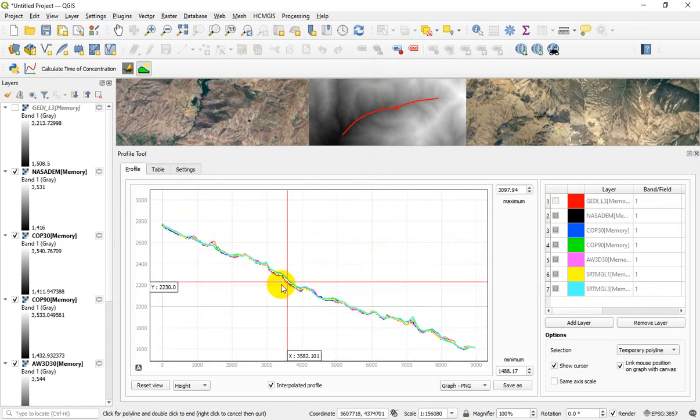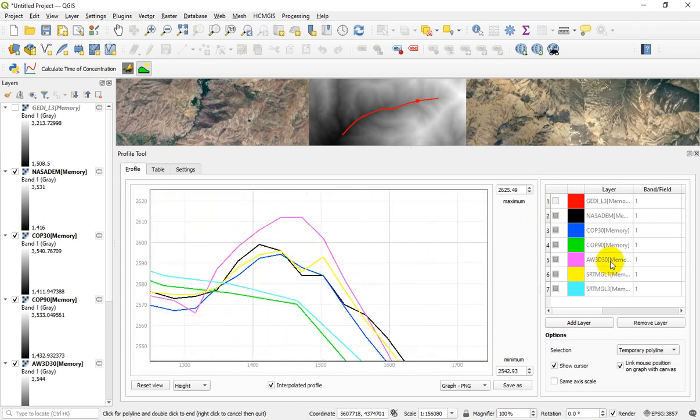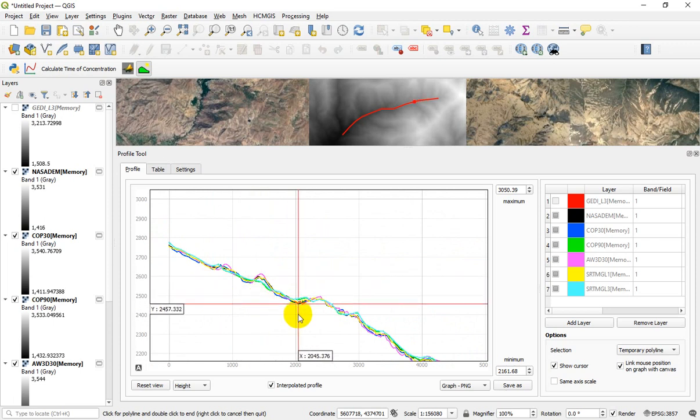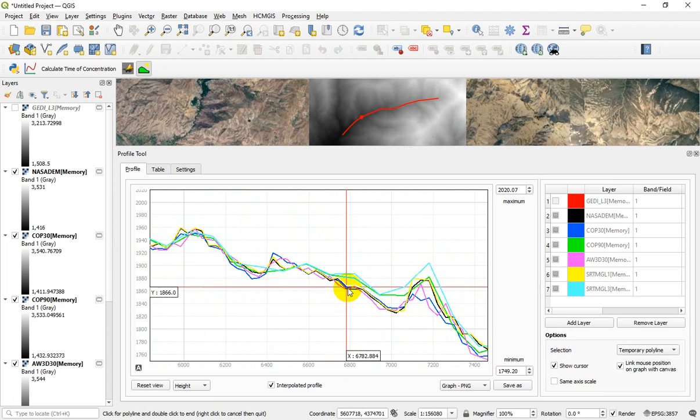Let me uncheck this, and you can find, for example, in this section, the ALOS tends to overestimate compared to other DEM sources, and also Copernicus and SRTM 90 meter or 30 meter resolution tend to underestimate compared to other DEM sources, and it doesn't mean that ALOS is better or SRTM is better. You need to have the observed and surveyed topographic data set in order to find the best DEM source for your case.